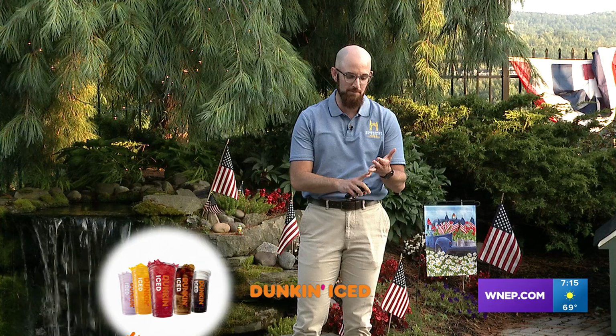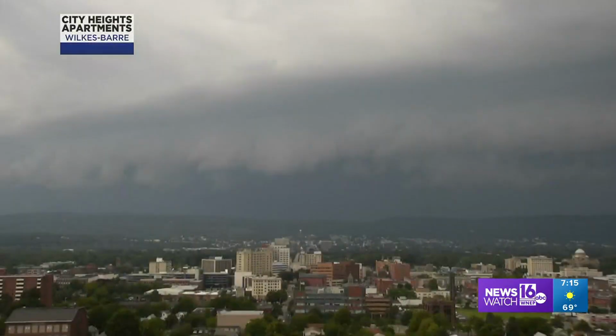Little storm rolled through here about mid-afternoon, John. Yeah, it got pretty loud around here. Boy, rumbling all over the place, some lightning. We saw some hail in Hanover Township as well as out in Bloomsburg as that storm moved through. We didn't get that in our backyard. Not as much rain in our backyard either, but this is what it looks like as that storm moved through